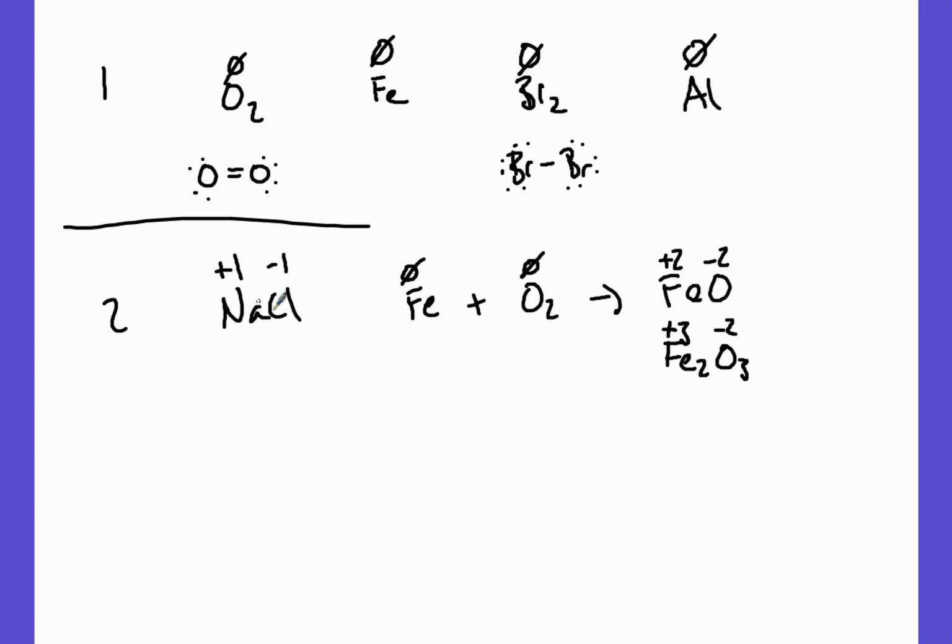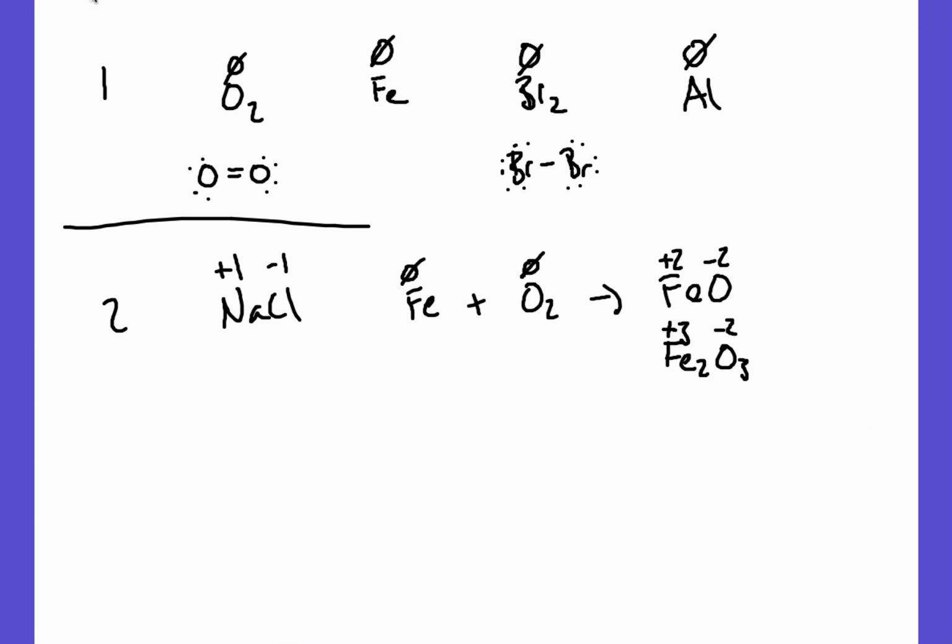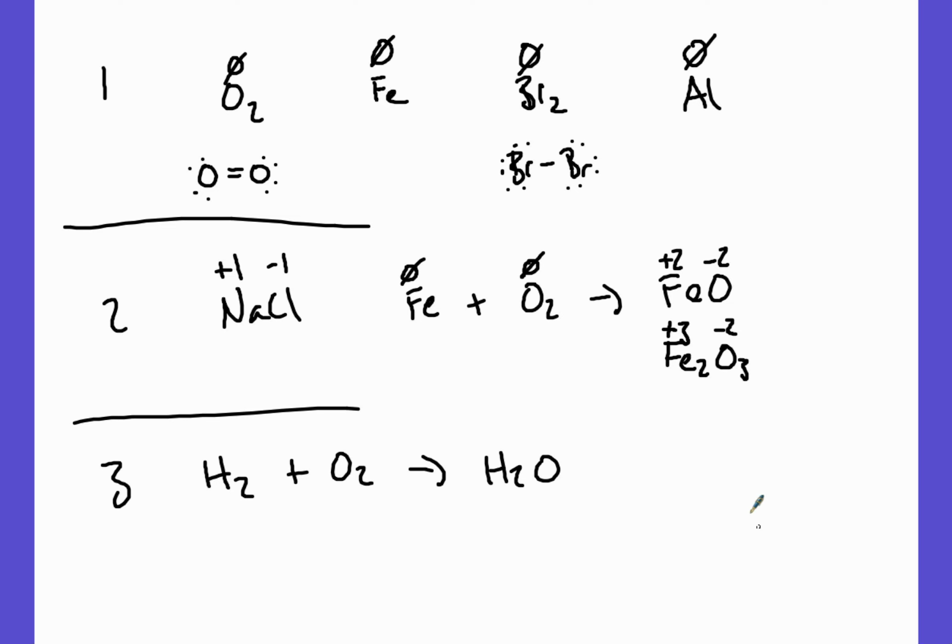So again, if I have an ionic compound, the oxidation number of those ions is equal to the charge of the ion. Number 3 starts including your other kinds of compounds, right? So if I don't have an ionic compound, I can still combine nonmetals like hydrogen and oxygen to make a compound like water. And we know that oxygen is more electronegative than hydrogen, which is why we talked about how this molecule,